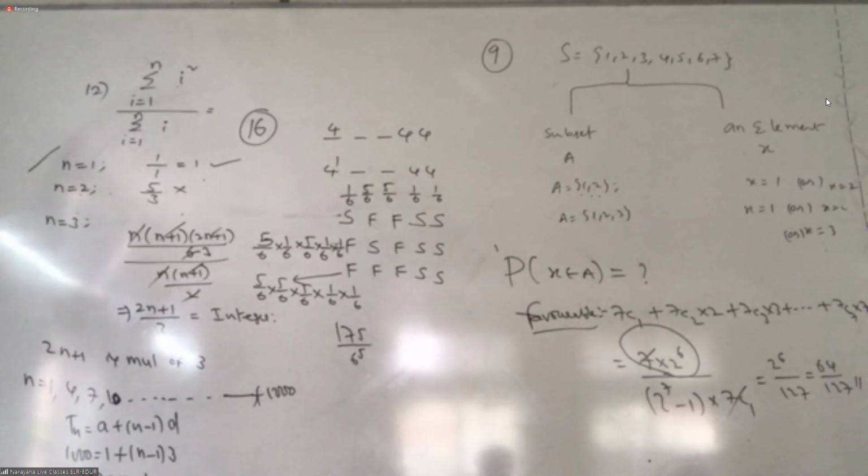In a game, first question, 27th chapter. In a game, 2 players A and B take turns in throwing a pair of dice, starting with player A, and the total score on the 2 dice in each throw is noted. A wins the game if he throws a total of 6 before B throws a total of 7. B wins the game if he throws a total of 7 before A throws a total of 6. The game stops as soon as either of the players wins. The probability that A wins the game.